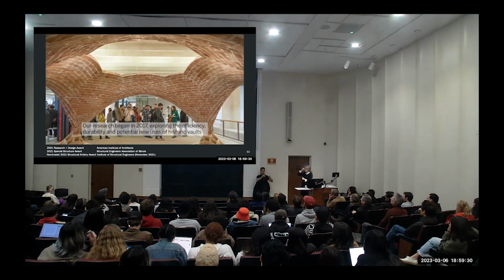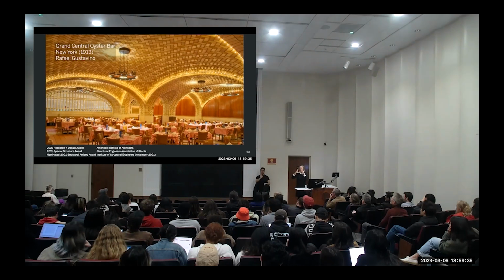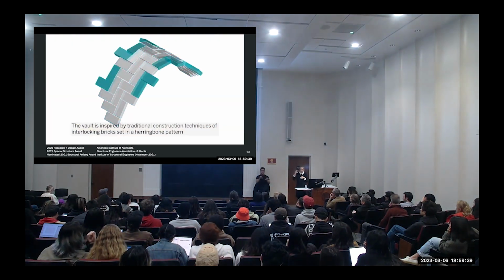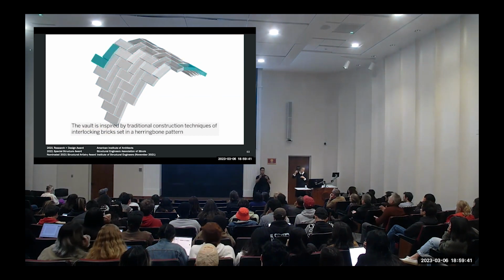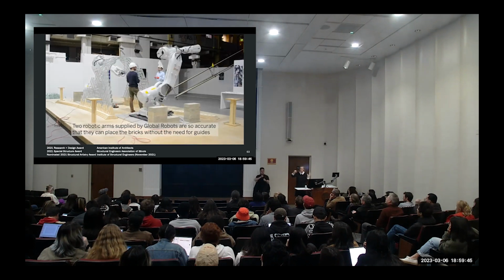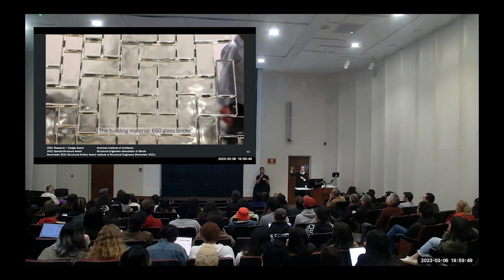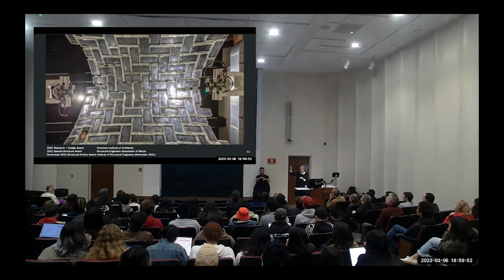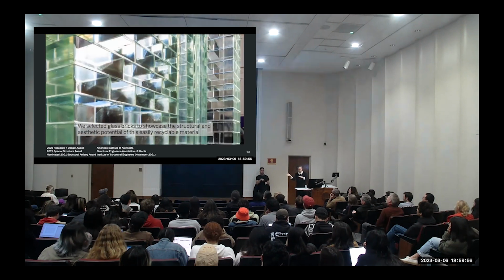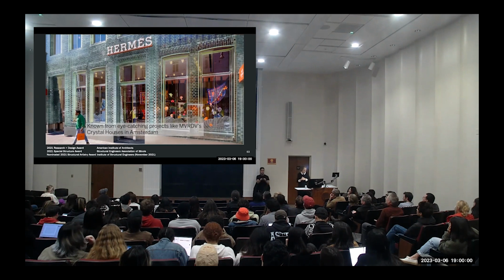And the wonderful thing about robots is that often they are used for just repeating the same task, but they can do more than that. They have incredibly accurate geometric precision, so they can put a brick exactly in the right place, so they're perfect for making complex geometries. And they can also hold a brick for a long time in space. A mason cannot hold a brick for a long time in space like this. And they also have a certain load capacity, so they can actually support it.